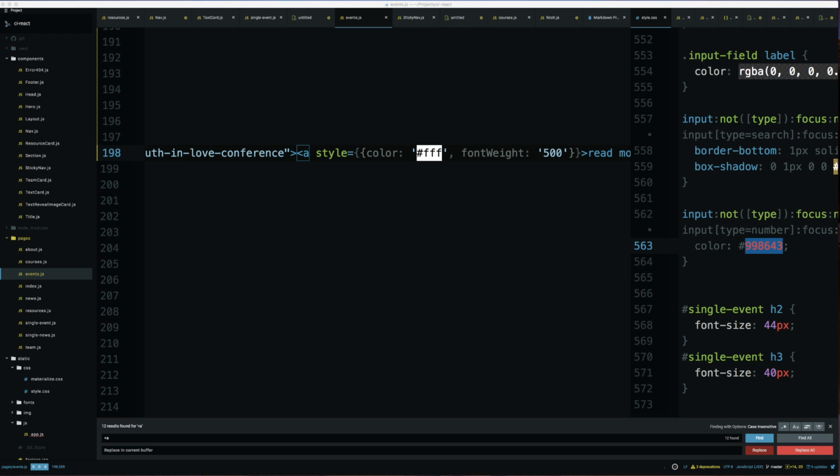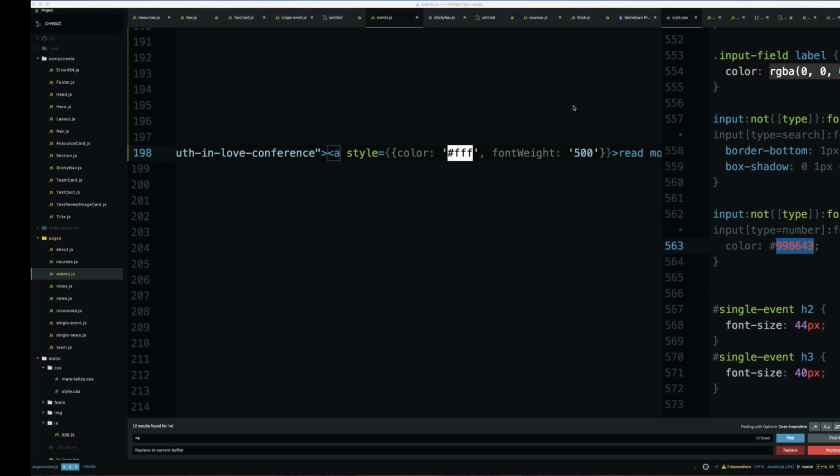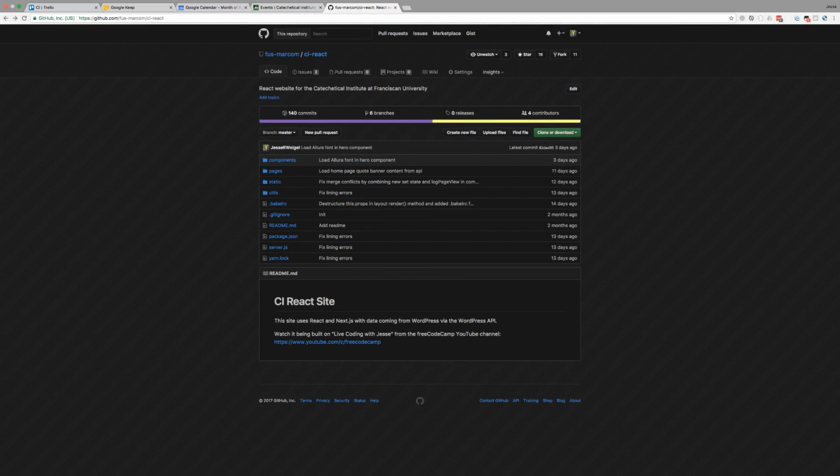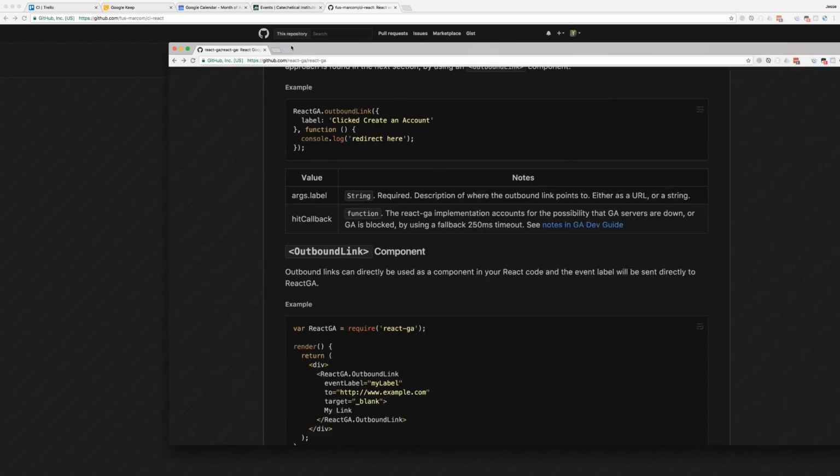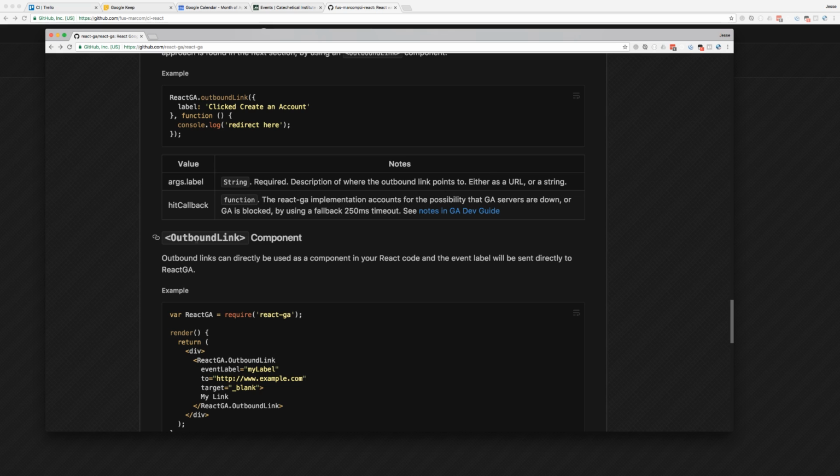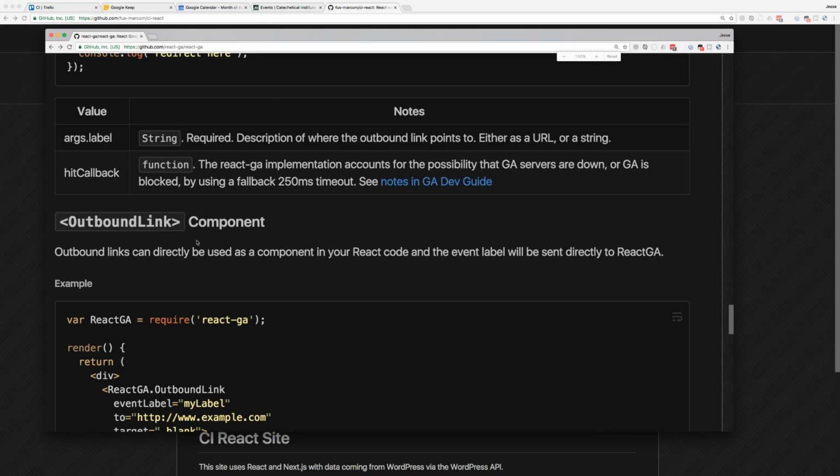Let me show you what it is. It's an npm module that we've imported, and it's called React GA. So here's what we're using,